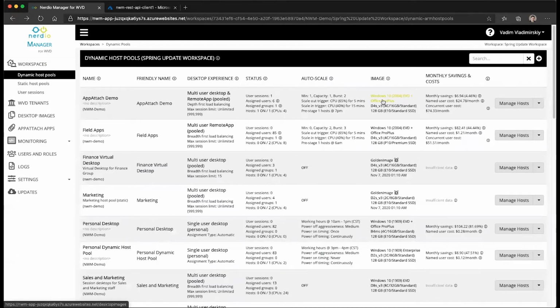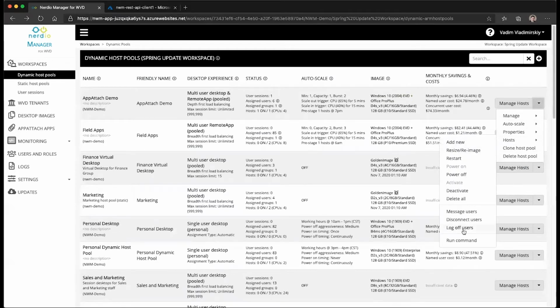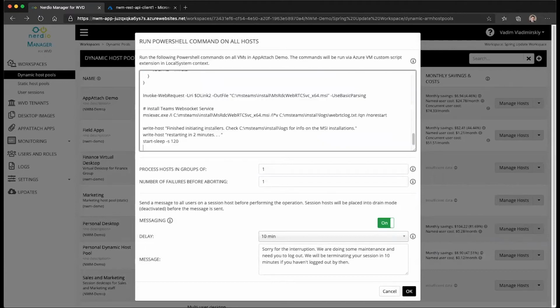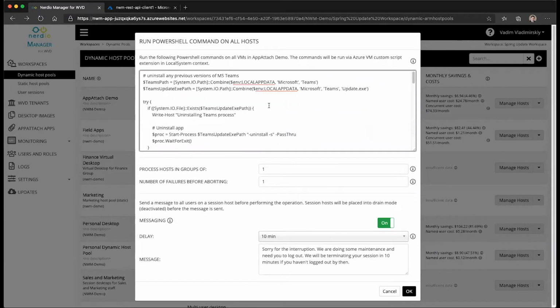One option to do this would be to go to the desktop image that this host pool is based on, do those changes there, and then re-image my host pool. That's one way to do it. Another way to do it is to log into each and every host inside of this host pool and manually perform those steps. Or I could go under hosts, run command, and paste a script that is going to download